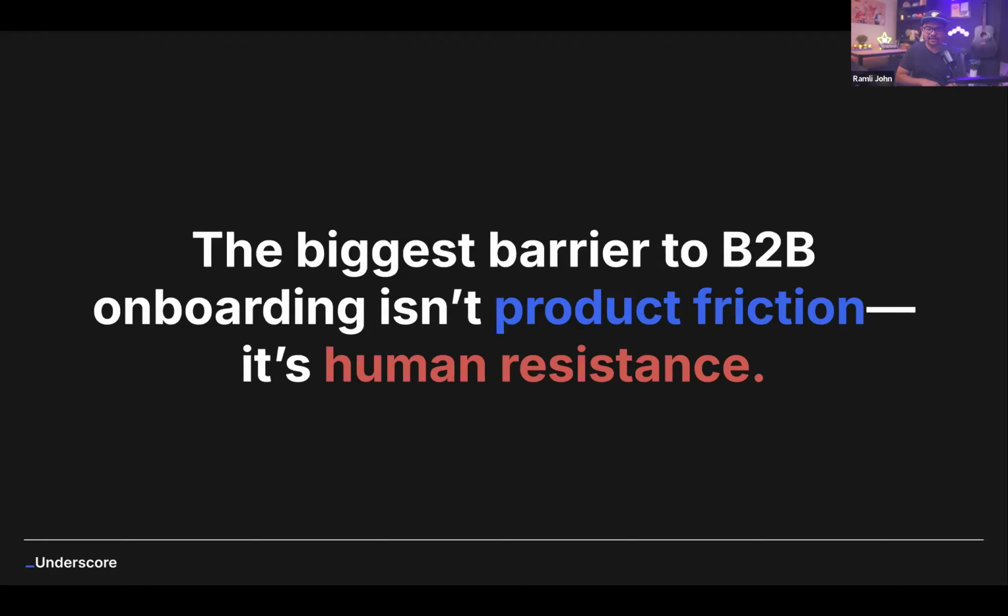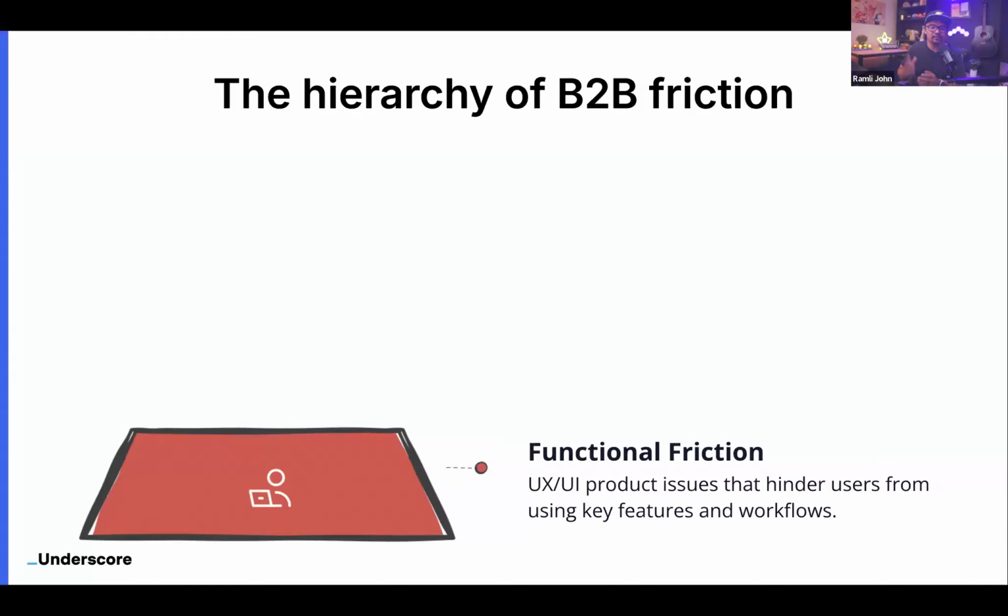And that's where, in my study and work with different companies, I found that there's actually three types of friction that your customer will face if you're fully trying to get them to adopt your product. And the very first one is often what a lot of people think about, and it's table stakes. It's make sure your product is working, right? There's no bugs there. UX is good. Obviously, that's table stakes, right? In this world of AI and product-led growth, your product has to work and it has to be easy to use. But I find, like I mentioned, in B2B, it's not product friction that's often the barrier.